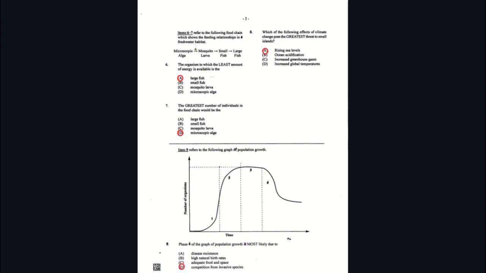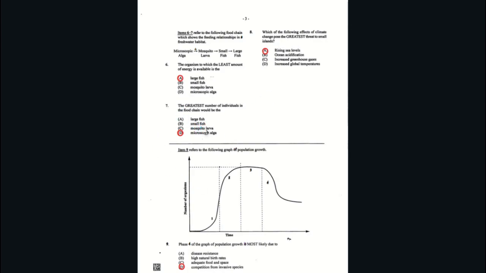So let's talk about number 7. The greatest number of individuals in the food chain would be the microscopic algae, which is D. And the reason for that is, have you ever seen a pyramid? On the pyramid you would see that the producers are the largest. And as you get to the top of the food chain, you realize that our apex predators or tertiary consumers are fewer, right? So usually we have a lot of producers, and as you go up the pyramid or along the food chain,